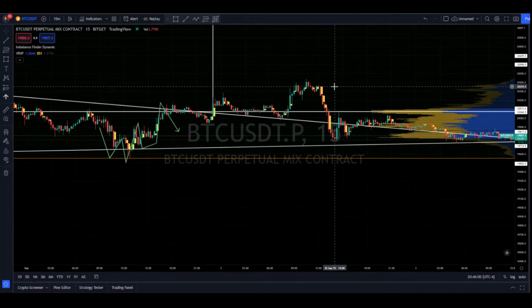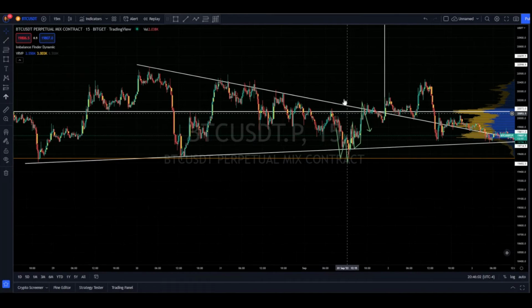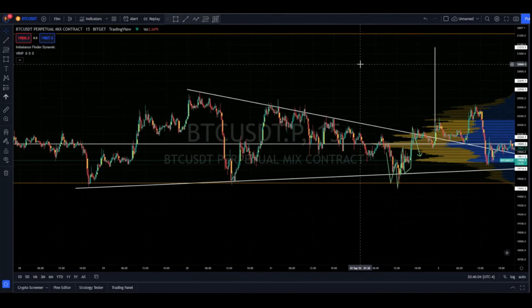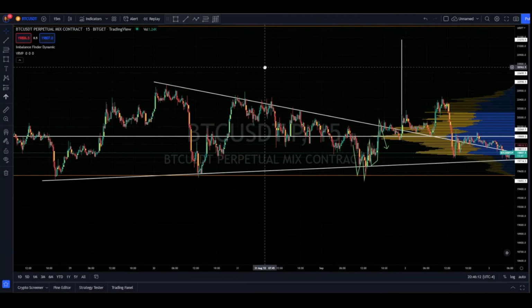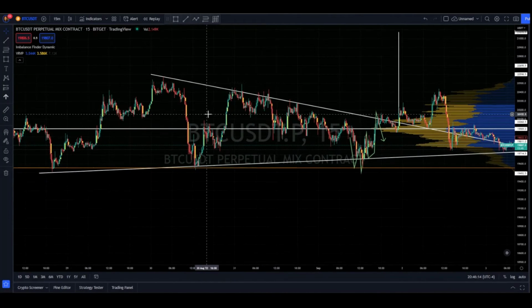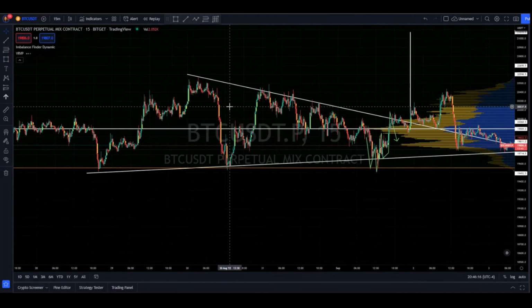So these types of support and resistance and chart patterns. Oh, did my mouse just? Yeah, it did for a second. Sorry about that, guys. So it's really important for you guys to train your eyes